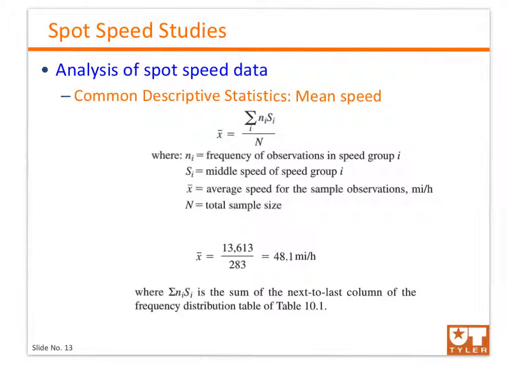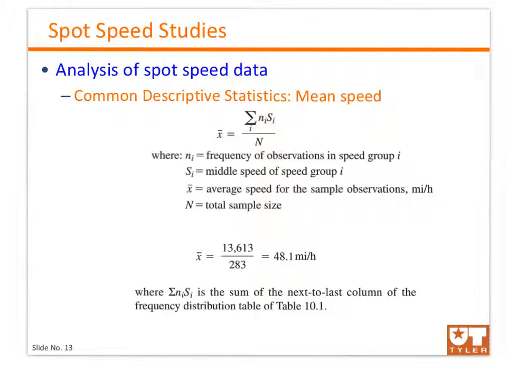So some of the common descriptive statistics. First of all, we get the mean speed. The mean speed is simply the average, which is: Ni in this equation is the frequency of observation in any speed group times Si, which is the middle speed of that speed group, over the total sample size. So simply, as I mentioned in the table, you would multiply the speed times n over the total number of